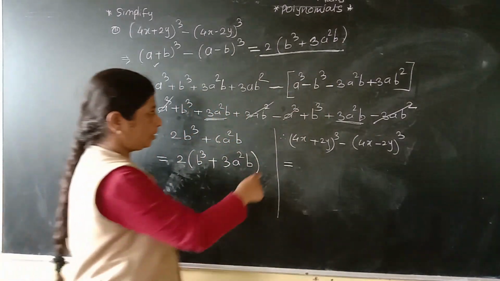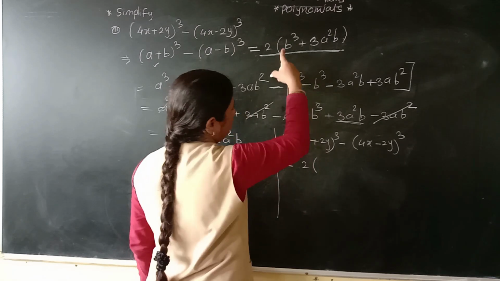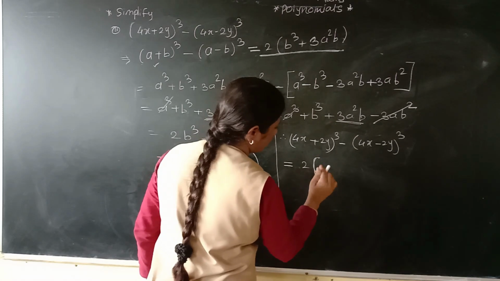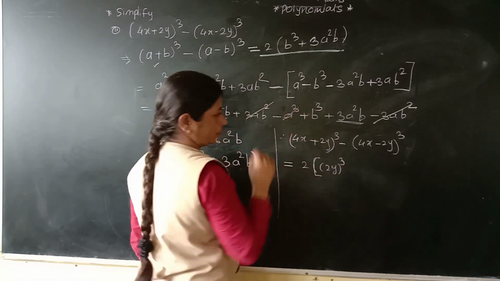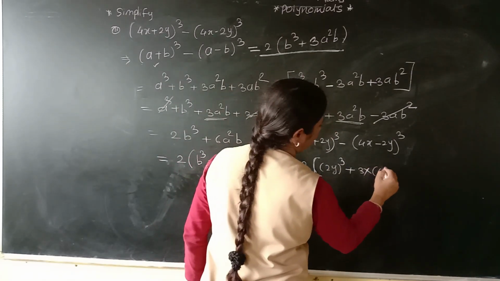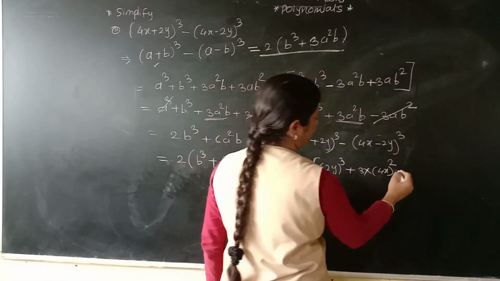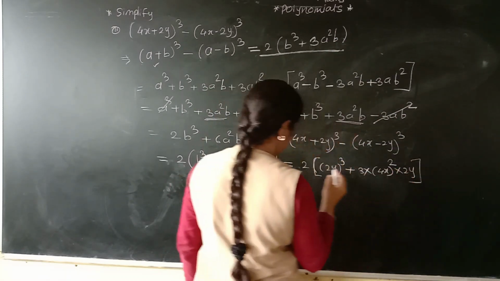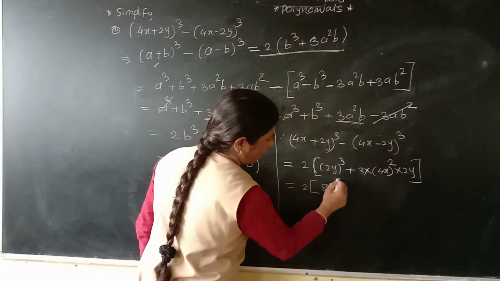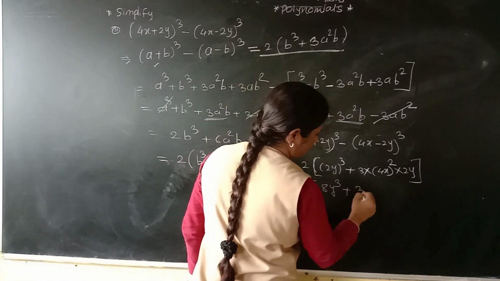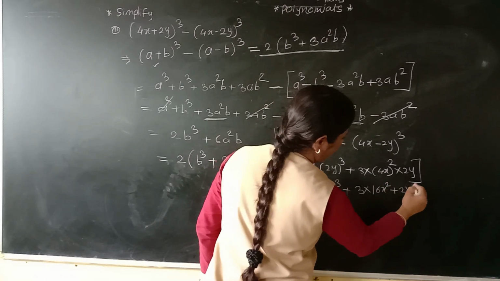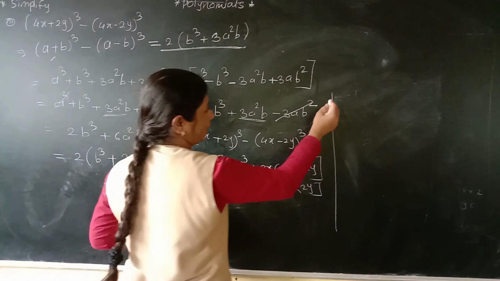Okay. So now according to that, what will be there? 2 in bracket b cube. B cube means here this a and this b, a b. So b cube means 2y cube. Right? Then plus 3 into a square. A square means 2 square, 4x square, into b. B is what? 2y. Okay. Now here 2 in bracket, what is 2 cube? 2 cube is 8y cube plus here 3 into 4 square is 16 x square into 2y.